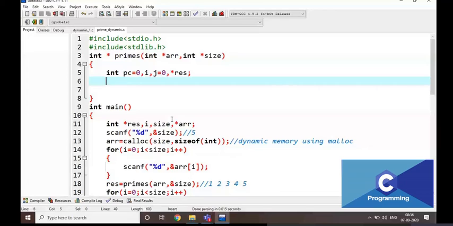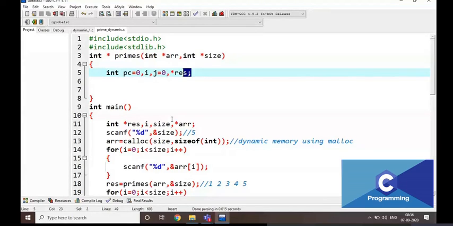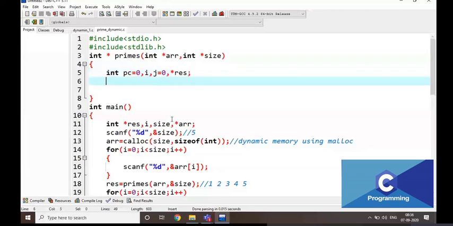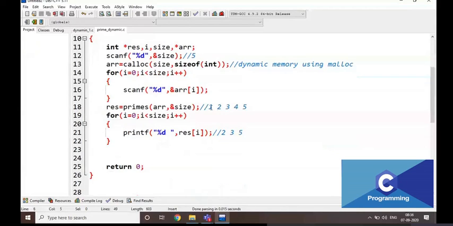Now I am going to allocate the memory for res here. The result is going to be placed in res. How many prime numbers are there? I don't know exactly, first of all. If you take this set, it is going to be 3 values. For example, if it is going to be like this, it is going to be 2 values.